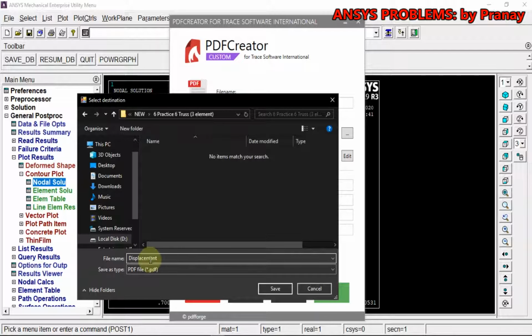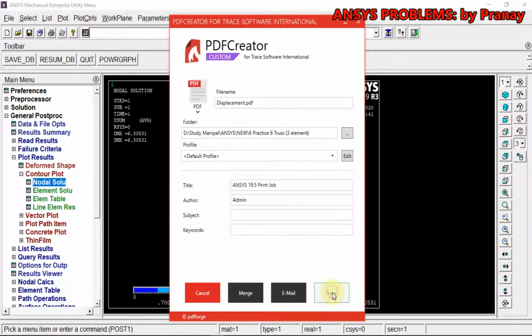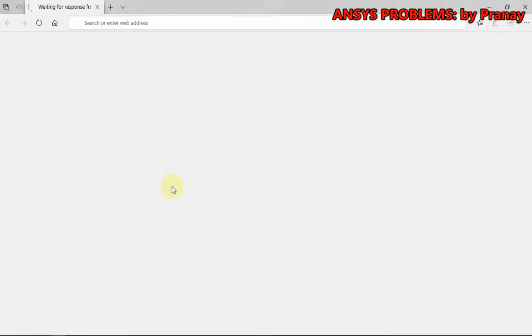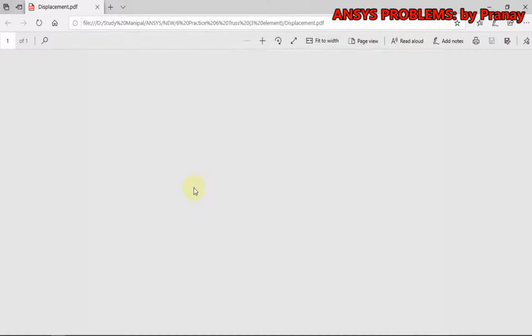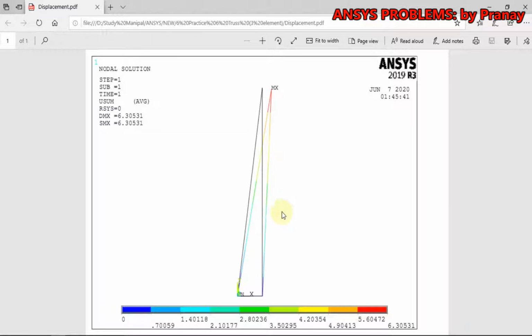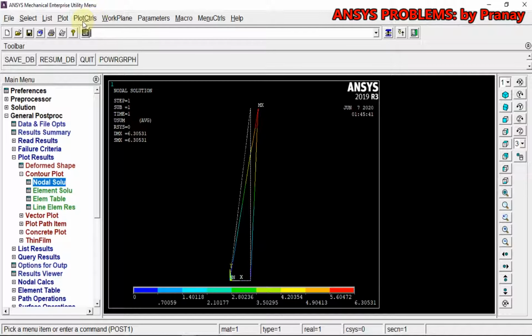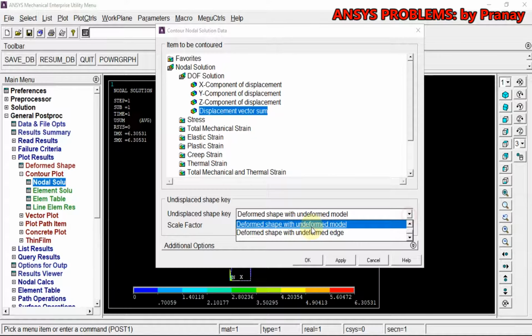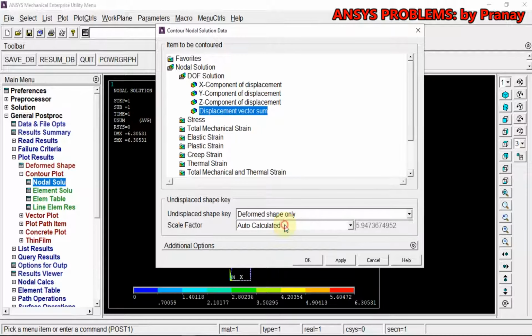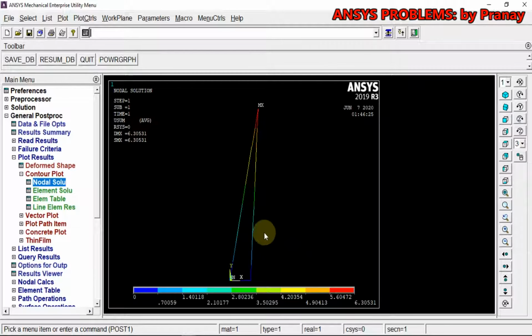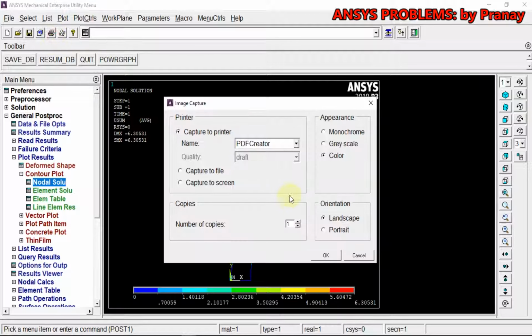That's the nodal displacement which we are saving. Save. It's automatically going to convert the black background into a white background, and this is what we get. And if you want it without the undeformed model, that's what we can do, and save it like that.